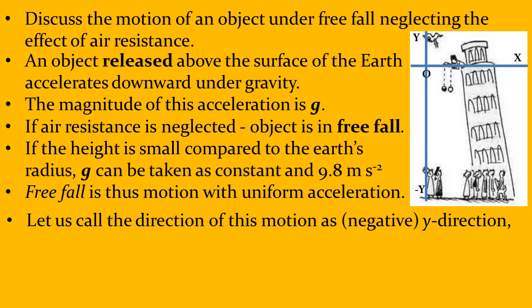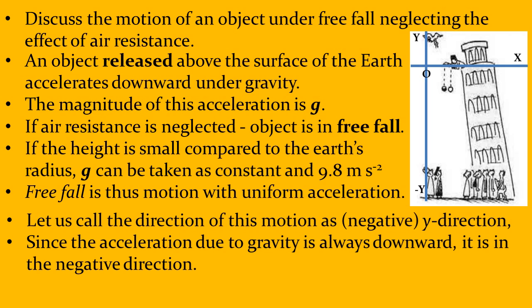Now I have a coordinate axis here. There is a y-axis which I am calling in the vertical direction, and here is the x-axis. The place from where the balls are dropped, I call that as the origin 0. The y-axis is positive in the upper direction and negative in this direction. Since the acceleration due to gravity pulls everything downwards in the negative y direction, therefore, we can say that the acceleration due to gravity is −g, −9.8 meters per second square.